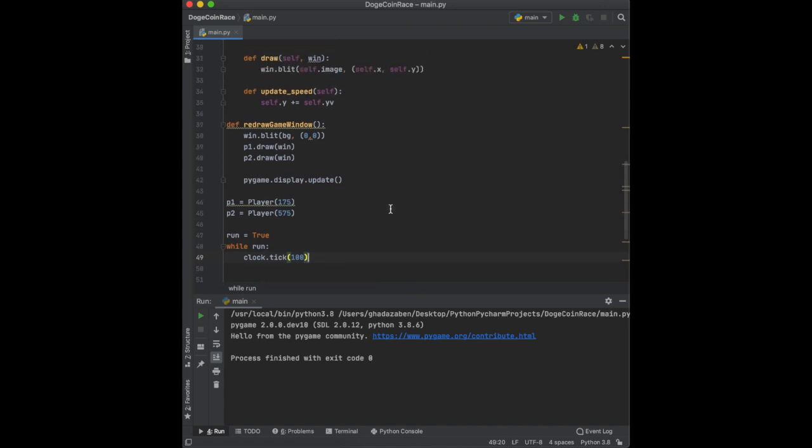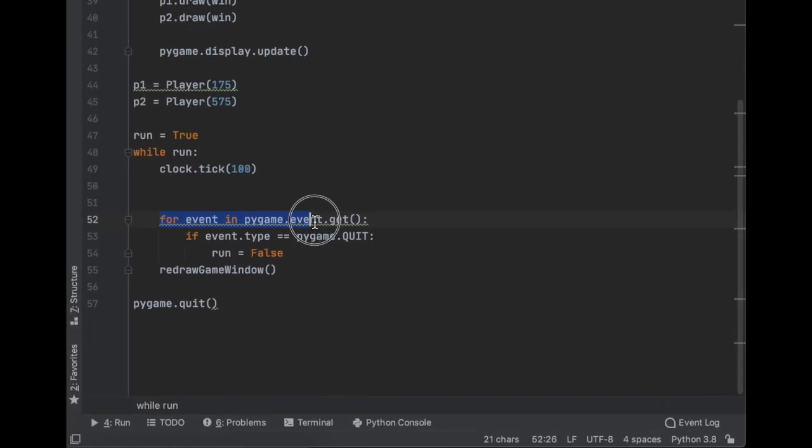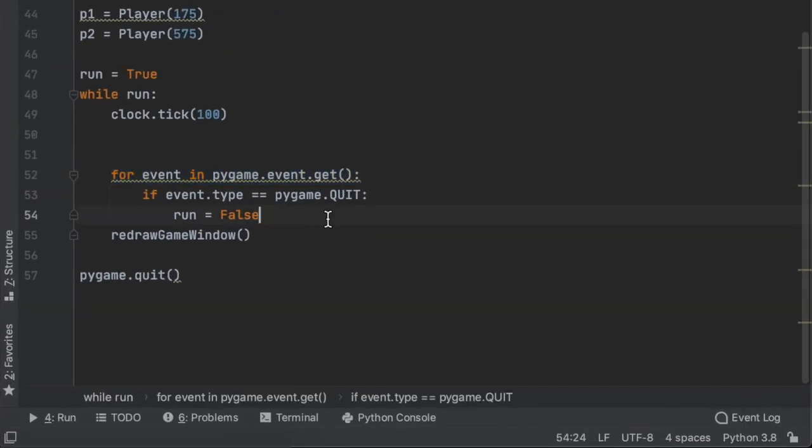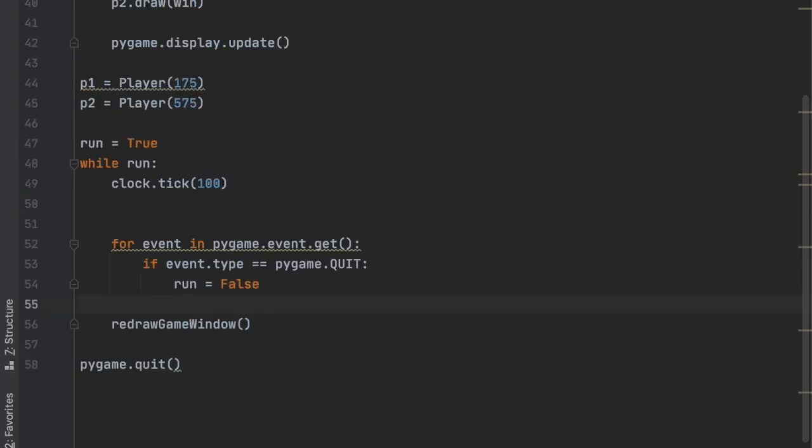So I'm going to close this window, and let's go ahead and add the player movement controls for this game. So to do that, inside of this for loop, we're going to add a couple more if statements. The first one is going to be checking to see if the user has pushed any of the keyboard keys down. To do that, we're going to type in if